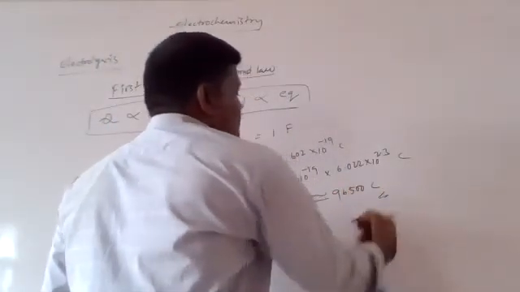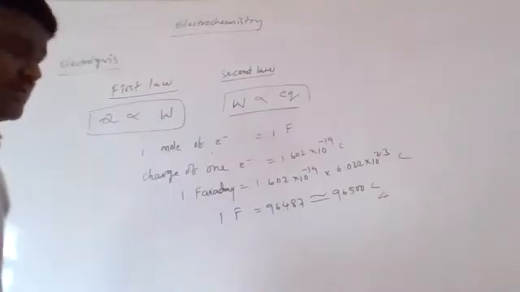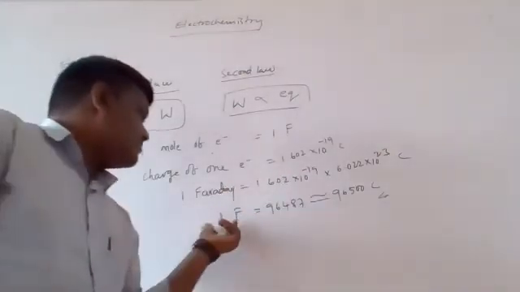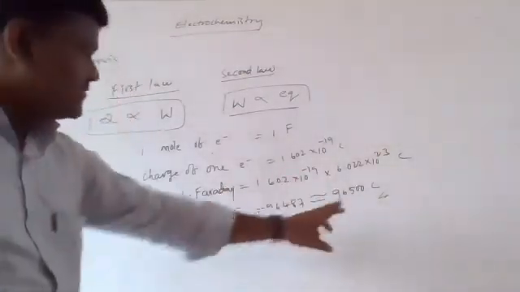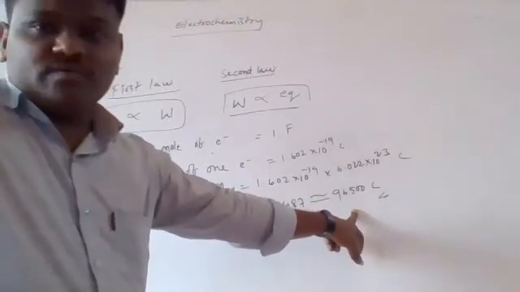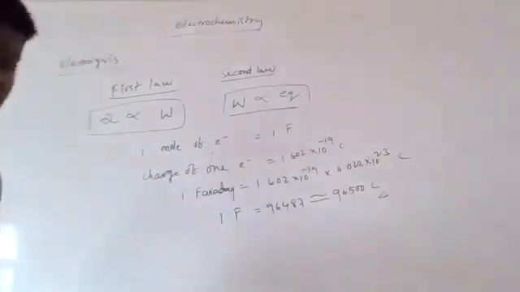96500 coulomb. 1 farad is equal to this much of coulombs. Okay, alright. Next,